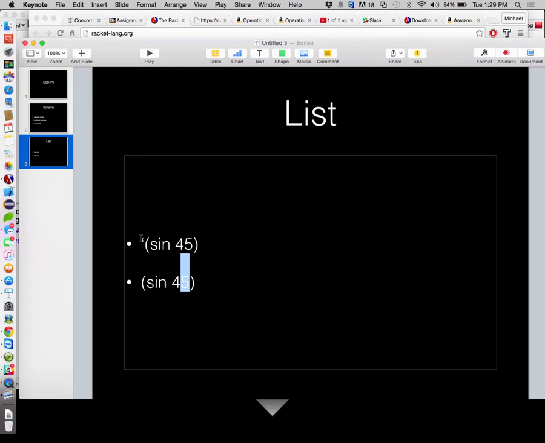So we quote lists beforehand when we don't want to actually apply the first element, which would be the function name, to the parameters. Make sense? All right. So from our perspective for today, we're going to quote all of our lists because right now we're just representing data as collections of elements. All right. So a list is a collection